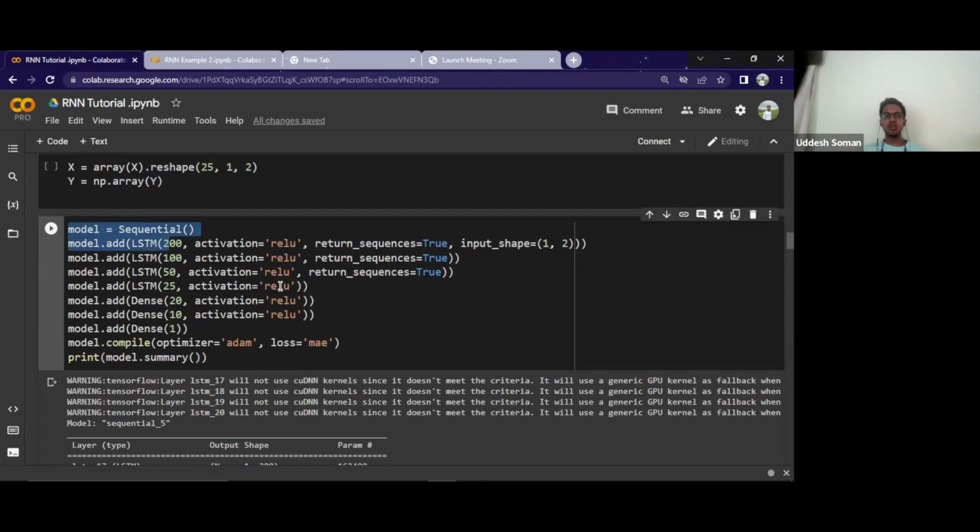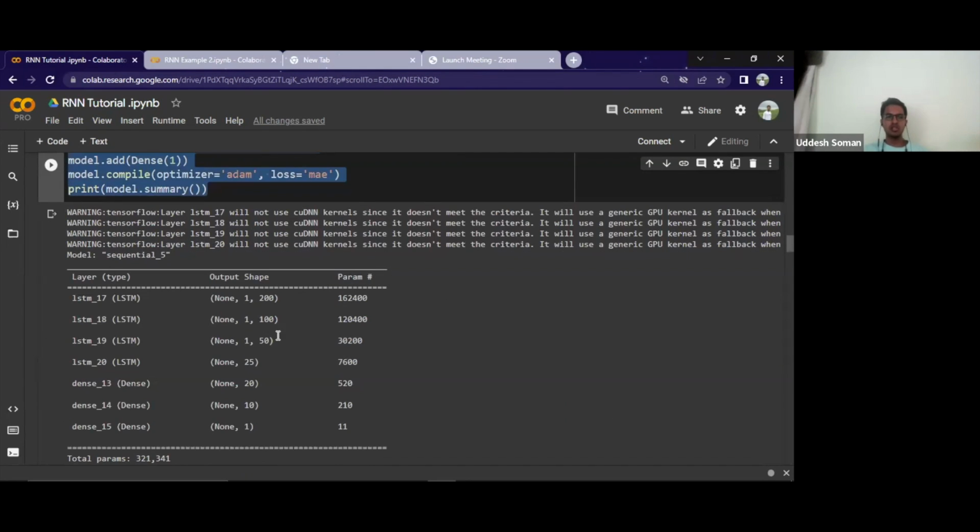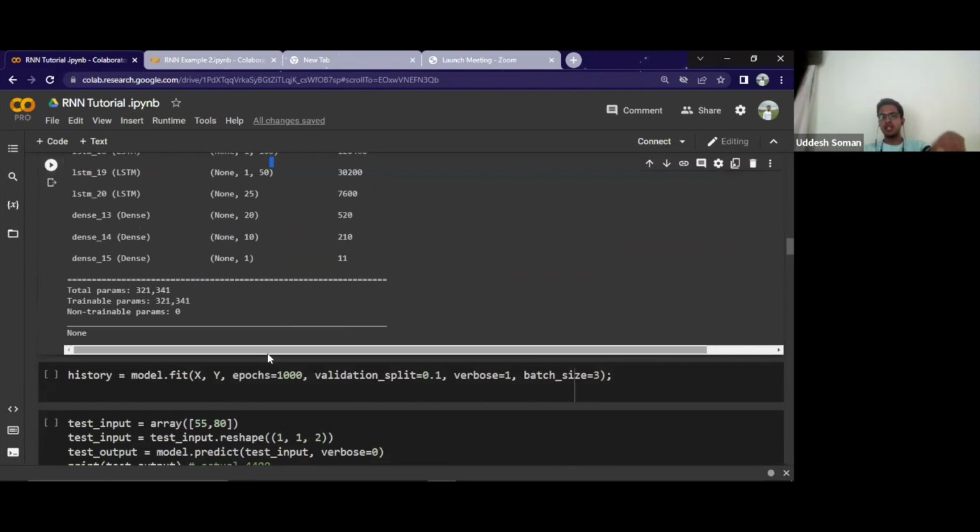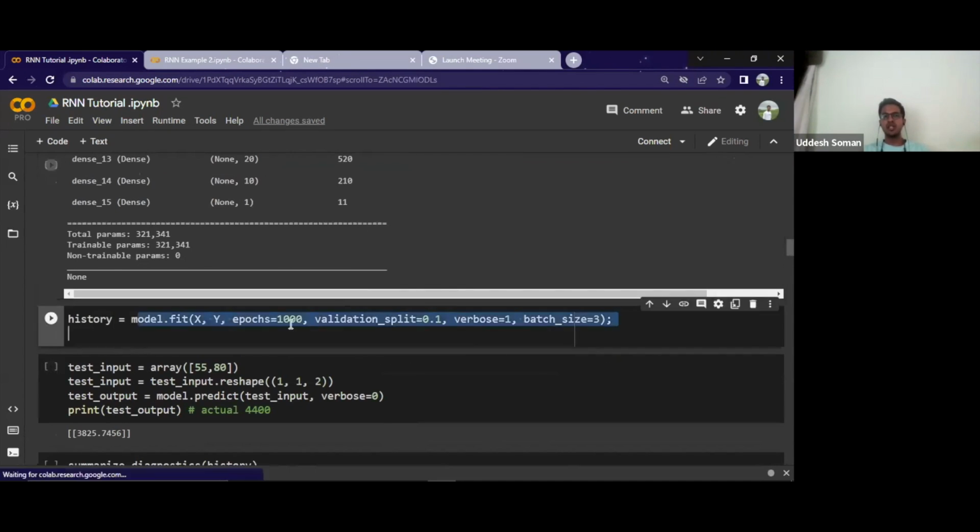Then we declare our model, the same model I've shown earlier. And we take the model summary. You can also plot that image that I've shown earlier. We then fit our model,